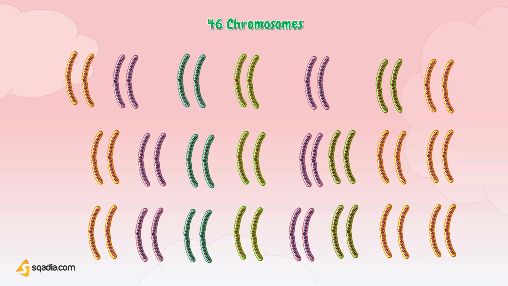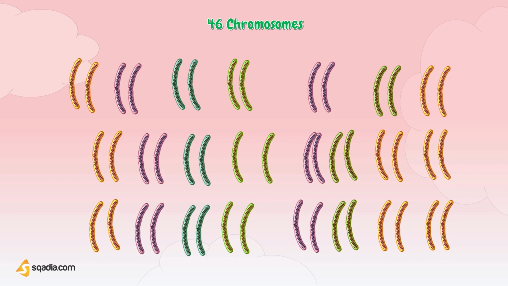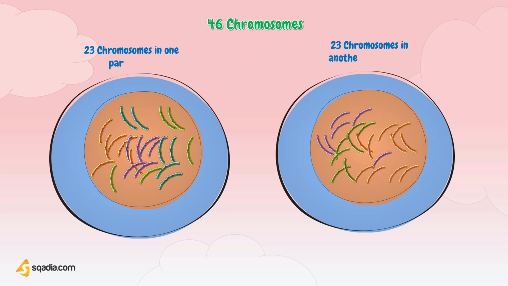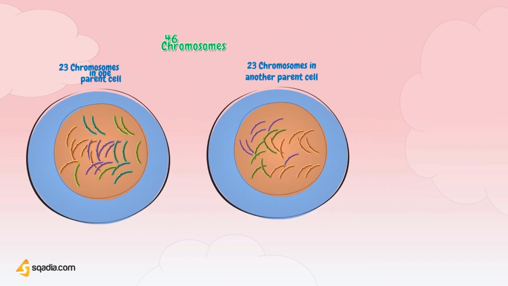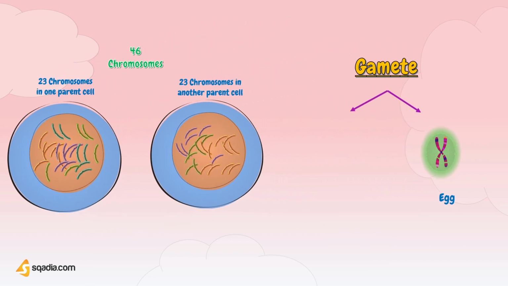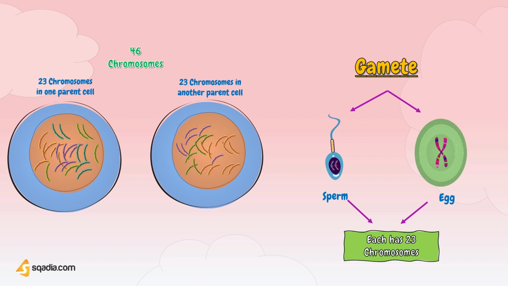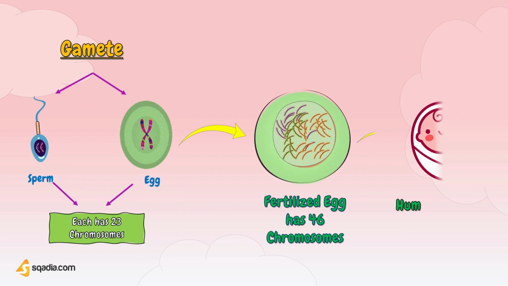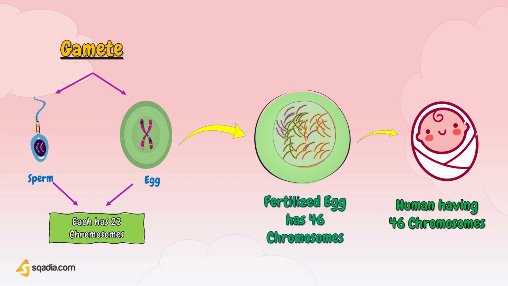Humans have 46 chromosomes in almost every cell, 23 that came from one of our parents, and 23 very similar chromosomes that came from the other one of our parents. We can think of meiosis as a way cells very carefully count and divide their chromosomes so that each gamete, each egg or sperm, has exactly 23 chromosomes. Then, when an egg with 23 chromosomes is fertilized by a sperm with its 23 chromosomes, the resulting fertilized egg has exactly 46 chromosomes. And a new human that grows from that fertilized egg will have 46 chromosomes in all